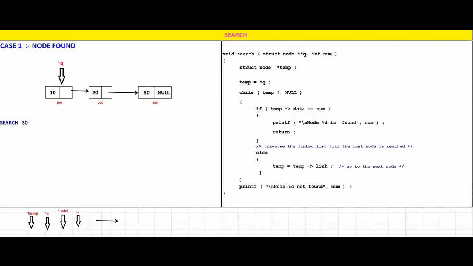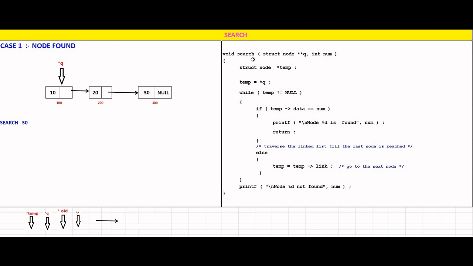The last operation on this single linked list is searching. We are going to perform a linear search on this. As you know, in linear search we compare the number to be searched with each and every value of the data structure. Whatever you want to search, we store in num, and compare this num value with the data part of each node.